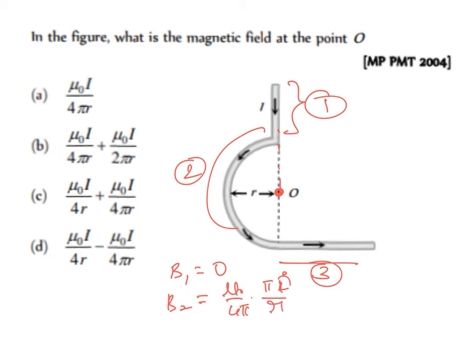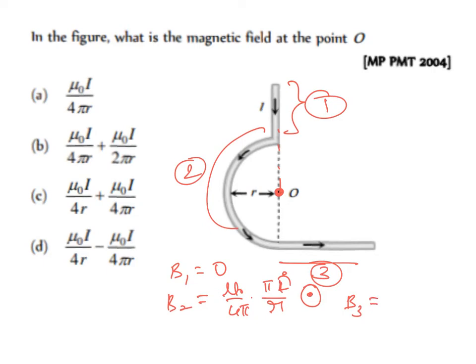Okay, so what is the direction of the magnetic field? If you use the right hand curl rule, it is outside the paper. So that's the reason why it is not into the plane of the paper, it is out from the plane of the paper. That's the reason why I am taking it as out.